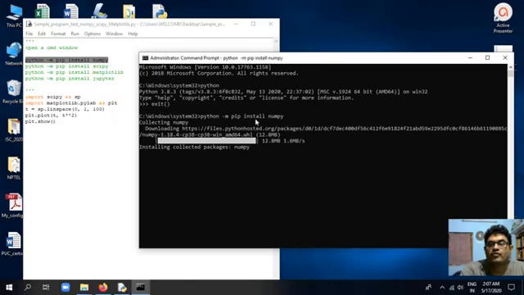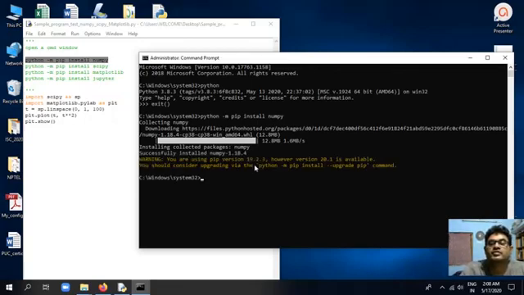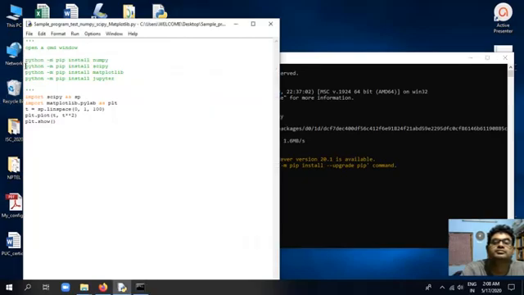See how beautiful the software is. It is taking everything, including from DOS also. So it is a good integration of this. Now second, I am going to install SciPy.